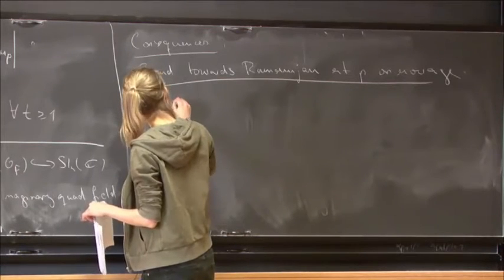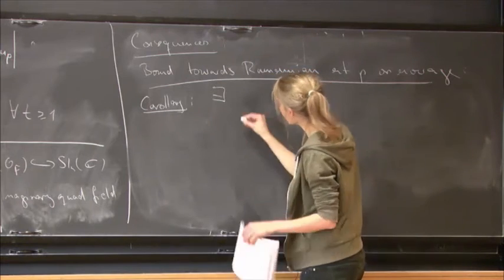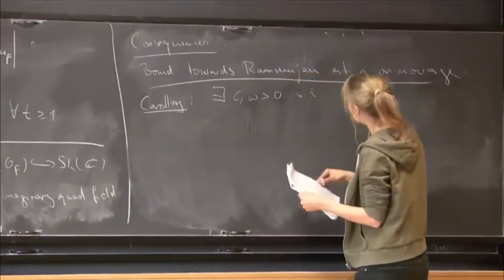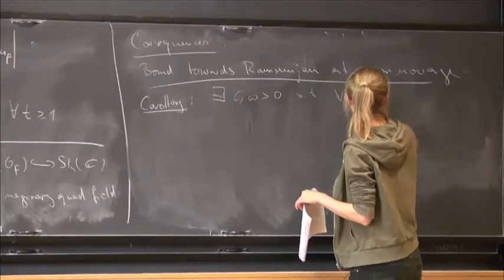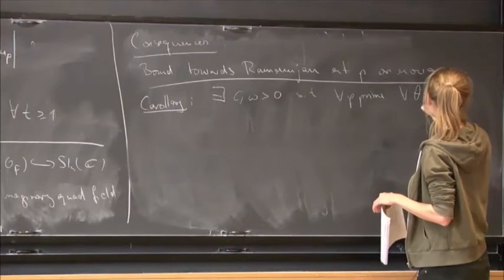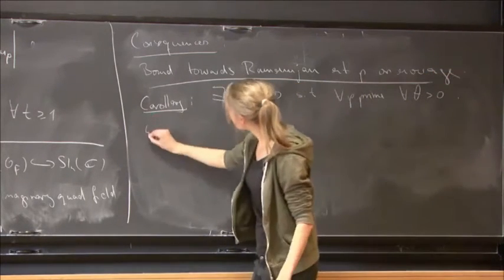Corollary: there exist constants c and omega such that for all primes p and for all parameters theta greater than 0, we have that the number